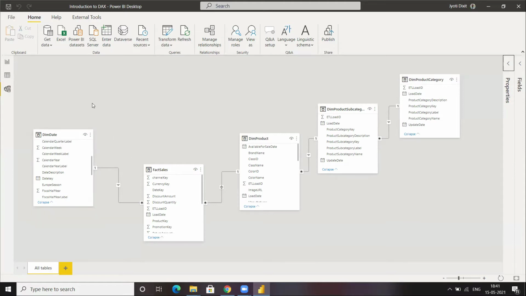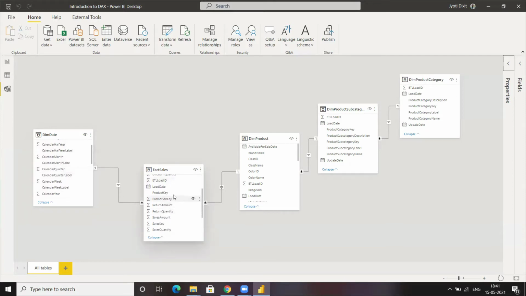Yes, yes. So suppose that I have this dim date over here. I have calendar year over here. I want to know what the sales amount is by calendar year, right? In different calendar years, in 2008, 9, 10, 11, what was the sales amount? So I can choose a column, calendar year, from here, and I can choose sales amount from fact sales.